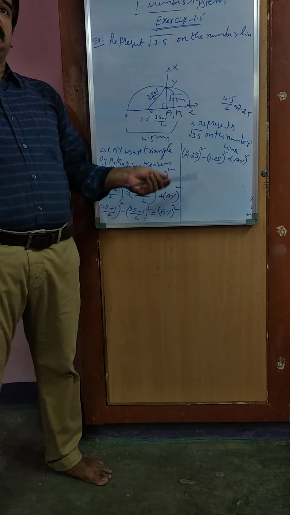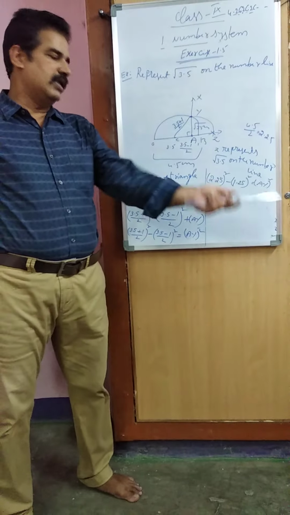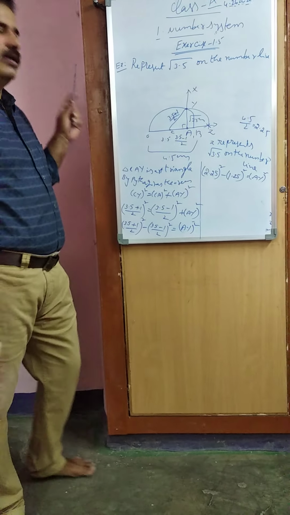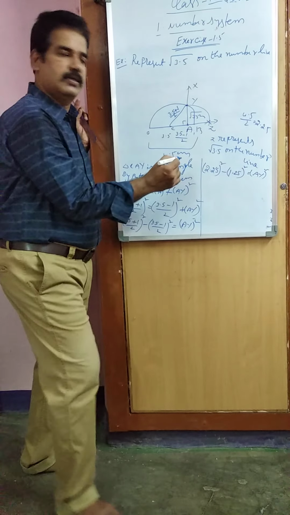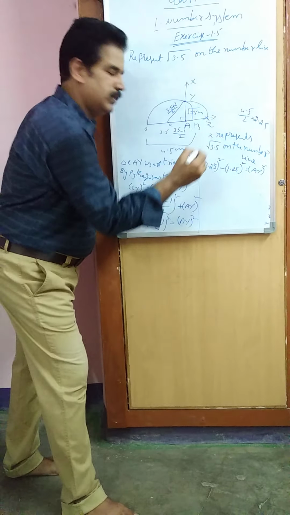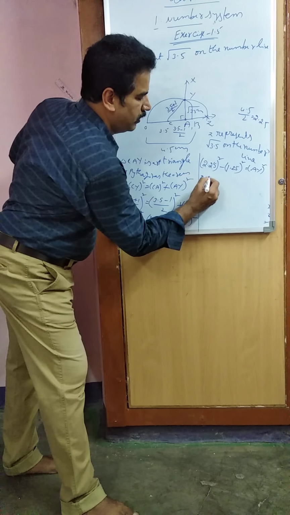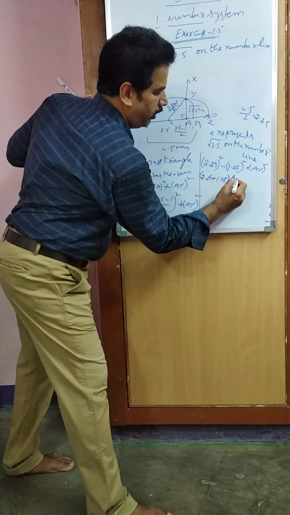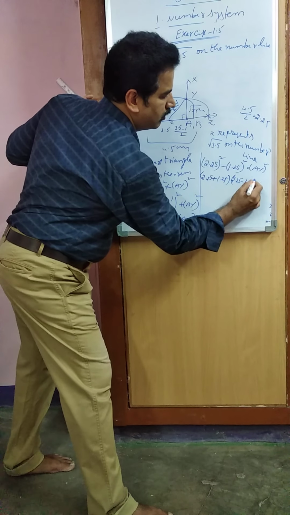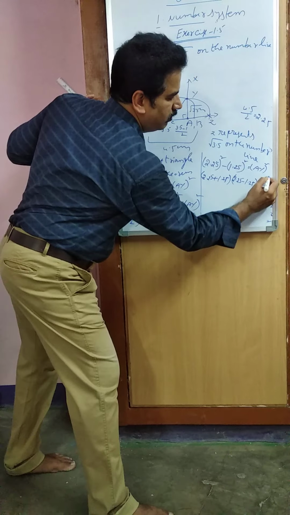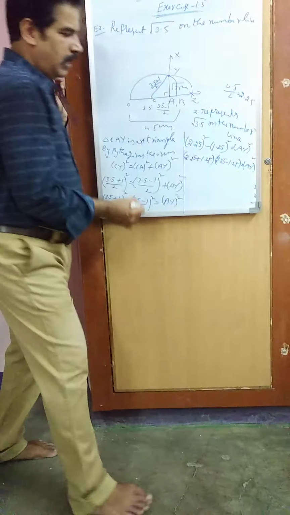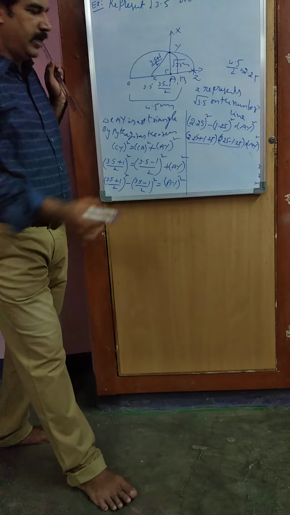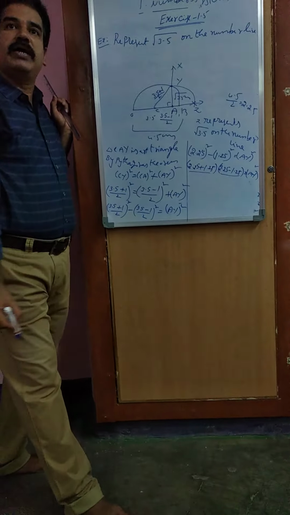This I can simplify using the a square minus b square formula. Or in another way, you can compute 2.25 whole square and 1.25 whole square. What can you do? a square minus b square is (a plus b) times (a minus b). So (2.25 plus 1.25) times (2.25 minus 1.25) is equal to AY whole square. I used a square minus b square means (a plus b)(a minus b). a means 2.25, b means 1.25.